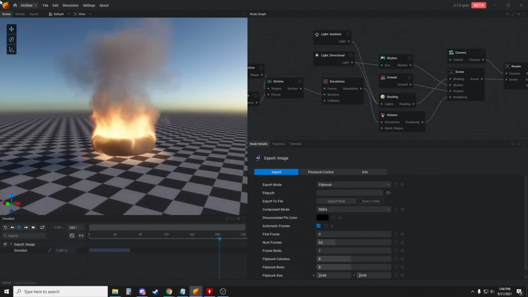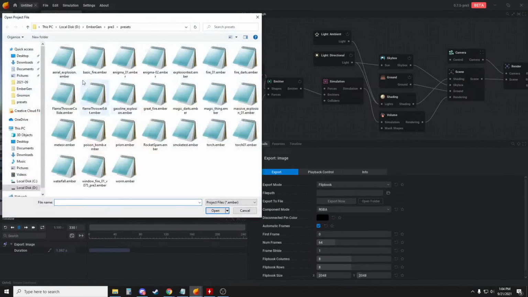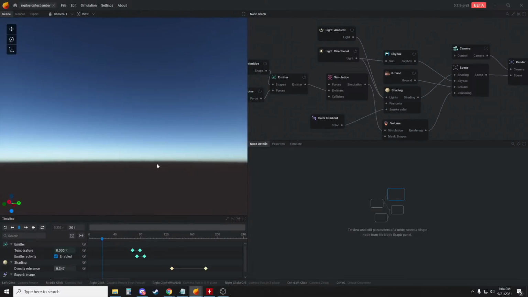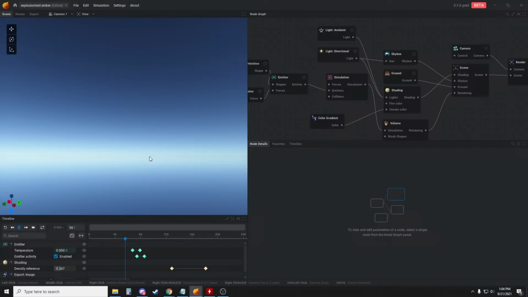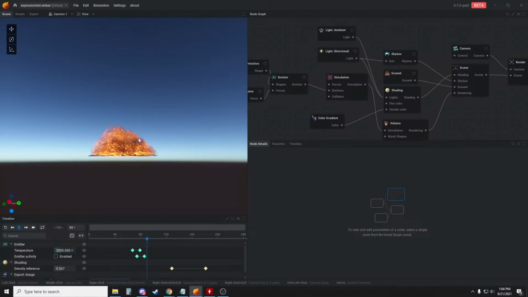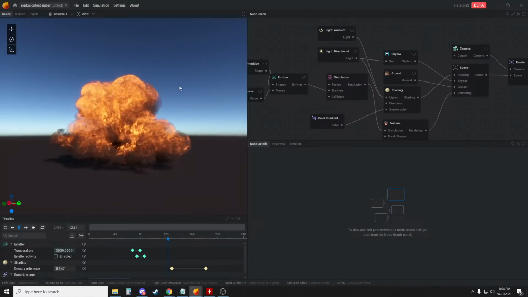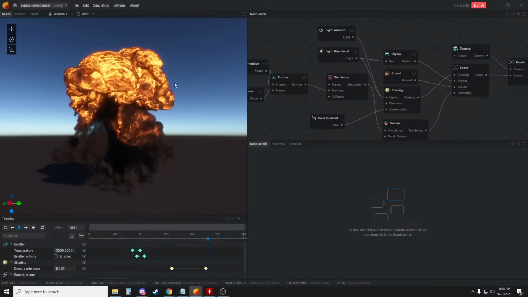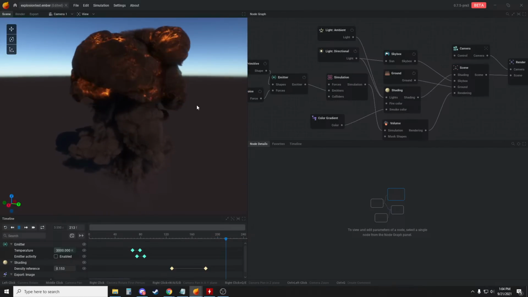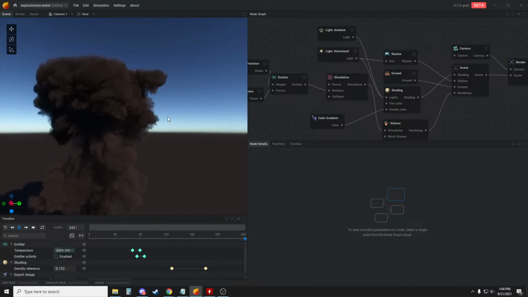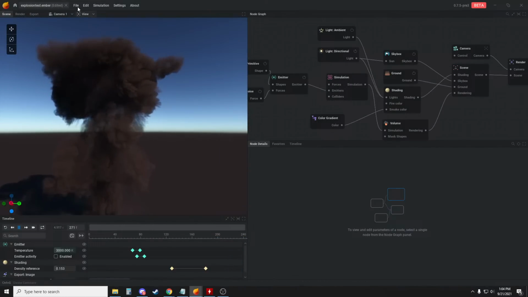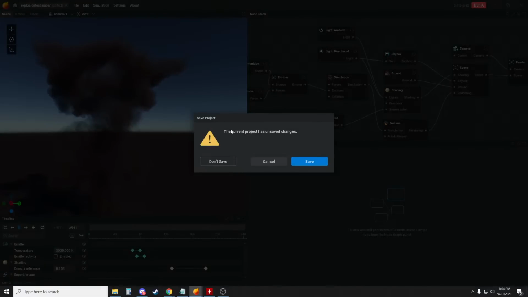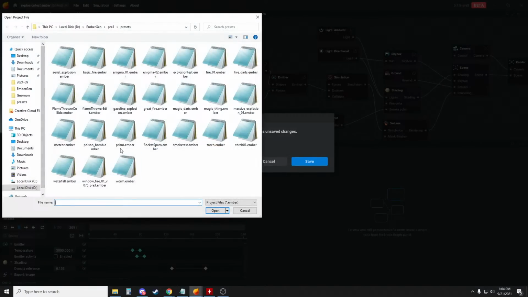This is the part that I like, and here's what I'm going to teach you to make. Let's see, explosion test. So I am going to teach you essentially to make this explosion right here. And so it's kind of slow. So if you have a bad GPU, I'm sorry. We are going to optimize EmberGen, but I'm going to teach you to make this explosion. And then I will also teach you another thing where we go through